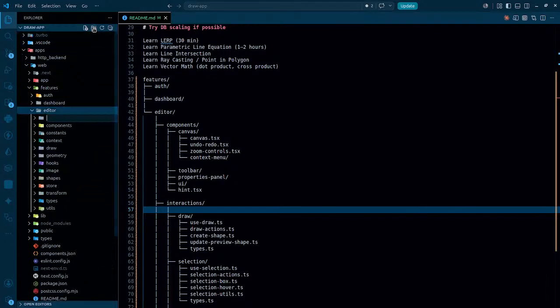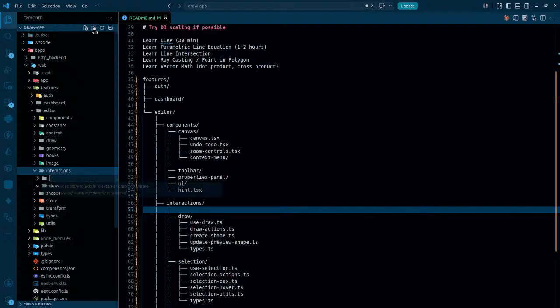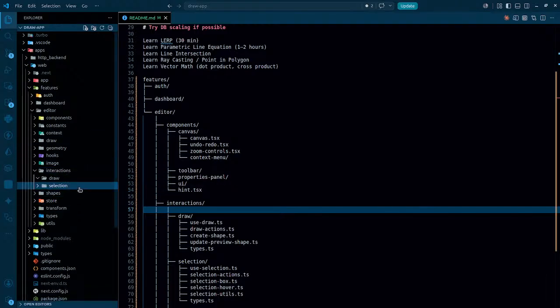I'm actually gonna create interactions, and just below that I have draw, and not only draw, I can have even more. One of them is gonna be, suppose, selection, and let's start working on the draw section here. So when it comes to draw, we'll have